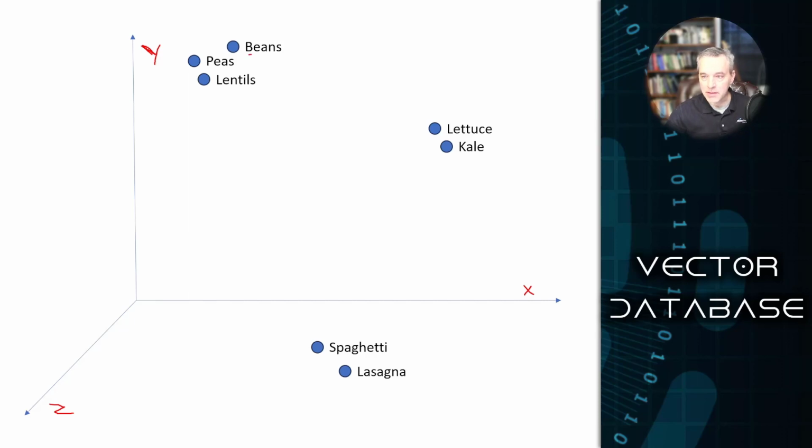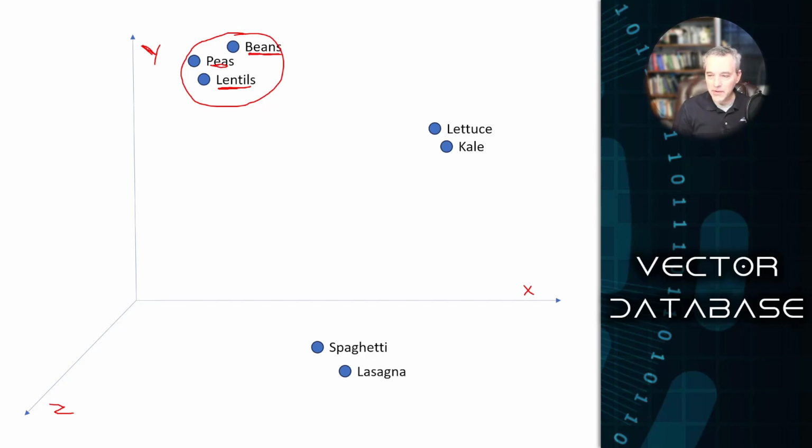But the bean is closely related to other items as well, like peas and lentils. So the search is obviously going to return beans, but it's going to look for things closely related to beans based on their relative proximity to what you're searching for, which in this case would be everything in this circle right here,